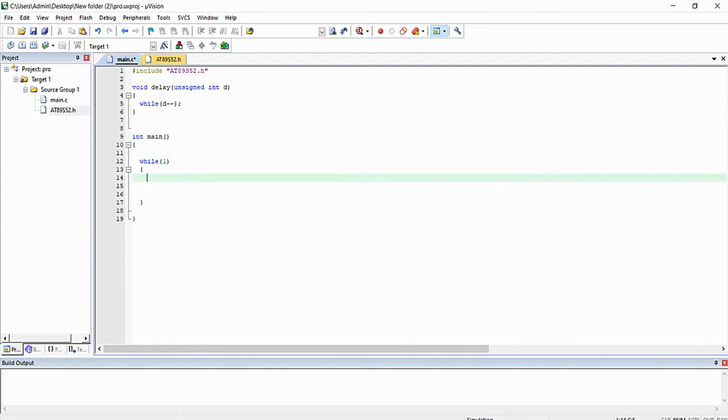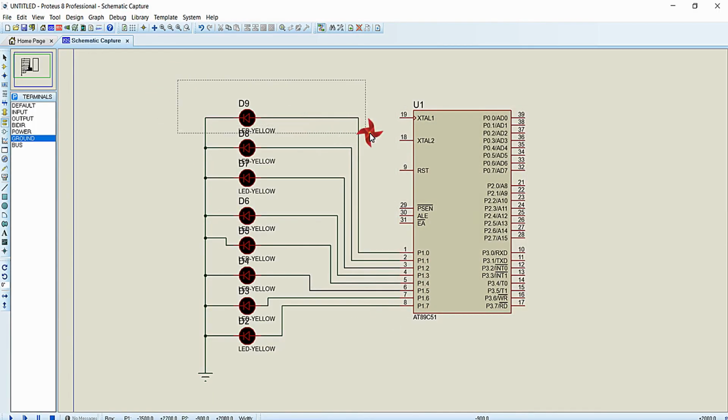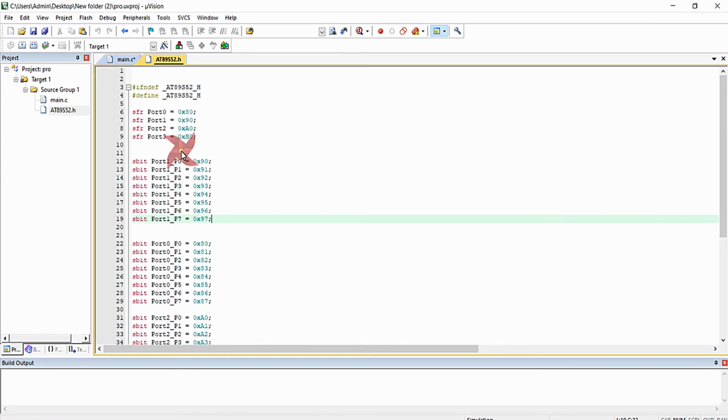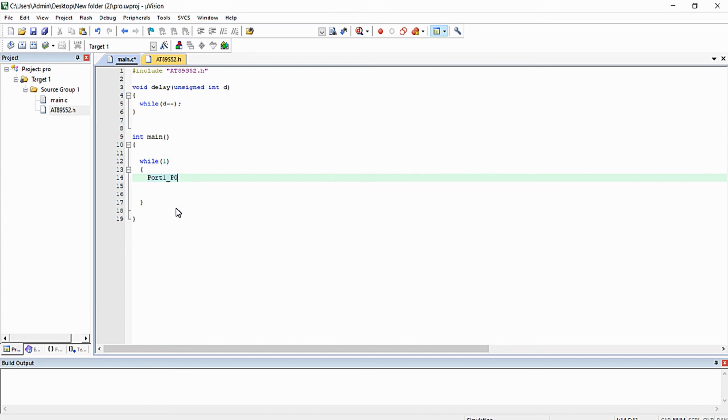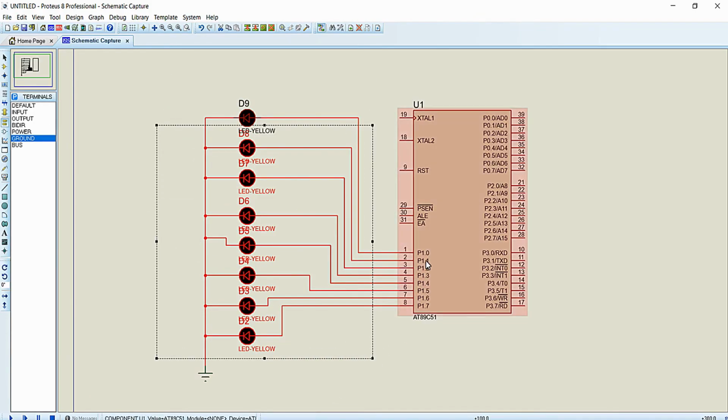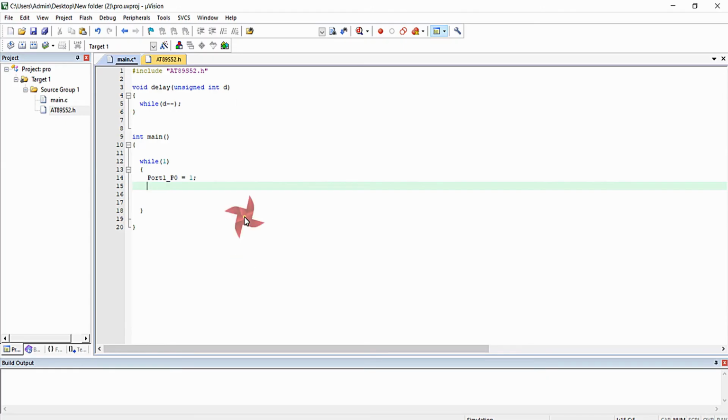As I said, I am just going to turn on this P1.0 bit. This P1.0 is defined in our header as port 1 underscore P0. So I am going to write port 1 underscore P0 equal to 1, and I am going to make all the other bits 0, that is, starting from P1.1 to P1.7 as 0.